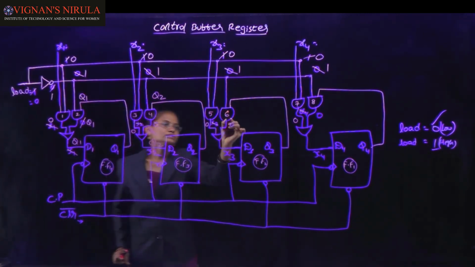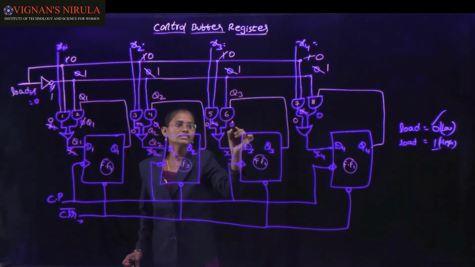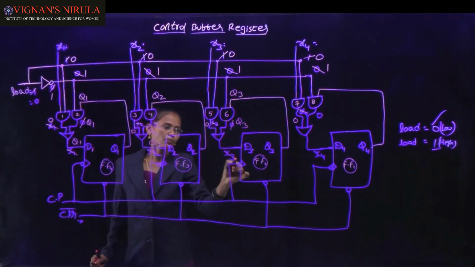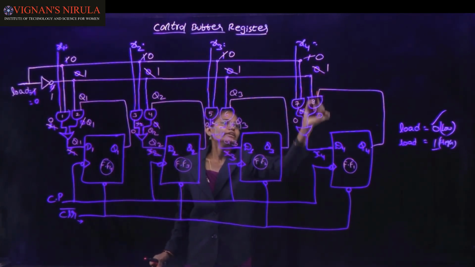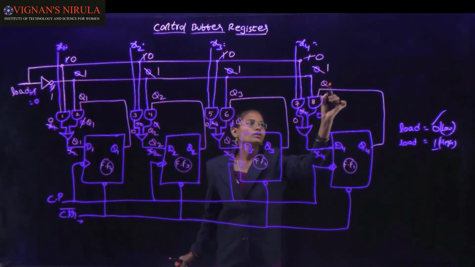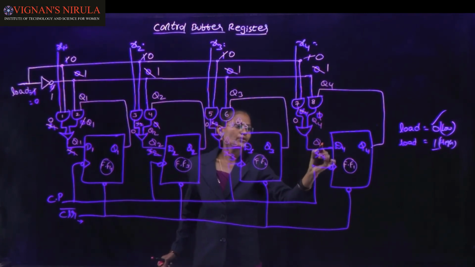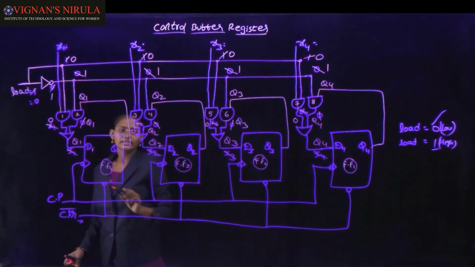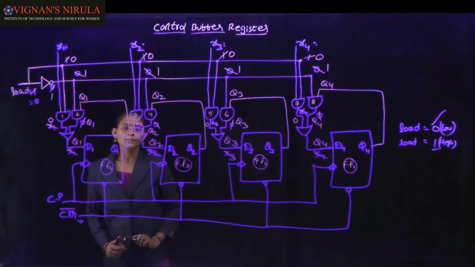And next here the sixth AND gate input is q3. 1 into q3 is q3. 0 plus Q3, the OR gate output is Q3, and here 1 into the eighth AND gate input Q4 is Q4, 0 plus Q4 is Q4. Okay, and here the condition is load is 0, then the outputs are Q1, Q2, Q3 and Q4. There are no loaded input bits.